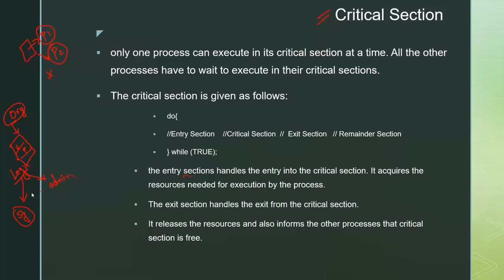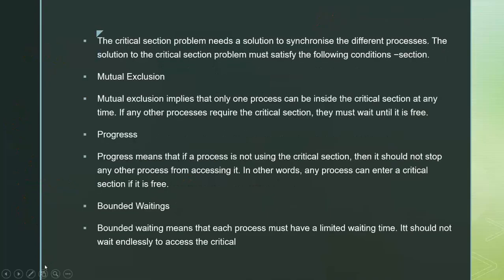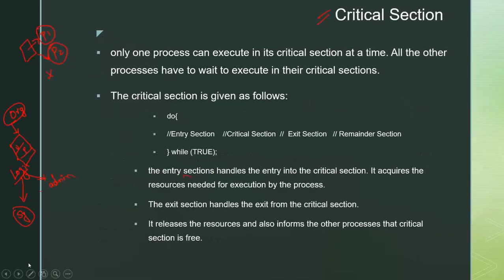If they are trying to access the same information, I cannot allow both the users to access it at the same time. So system as well as admin cannot access this table at a time. If system is accessing that table, admin should go to the waiting state. If admin is accessing, system will go to the waiting state. Okay, so this is nothing but the critical section. So only one process can execute in the critical section at a time. All other processes have to wait to execute their critical section.